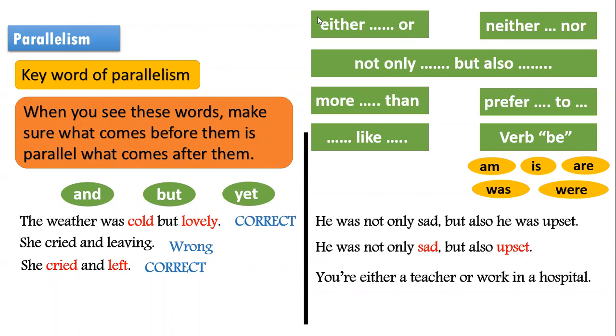Let me help you even more. I need the highlight. You're either a teacher or you work in a hospital. No, it's still not parallel. Maybe it's either a teacher or a worker in a hospital. Yes, you're very close. It's not exactly that, but okay. Let me select: a teacher or a doctor. Who said that? Jana, very good job.